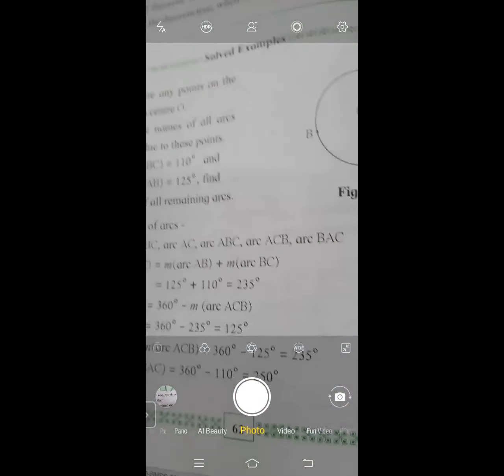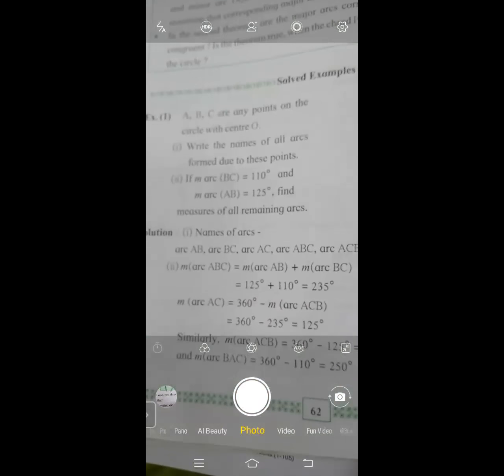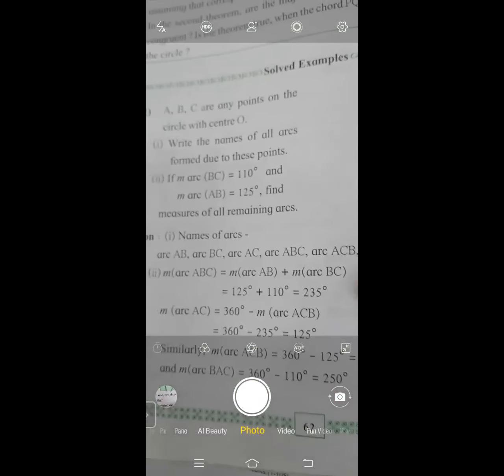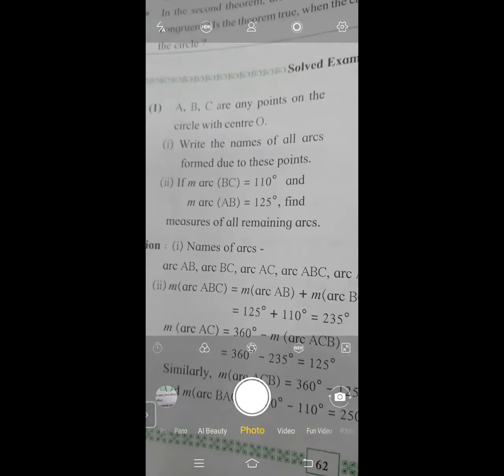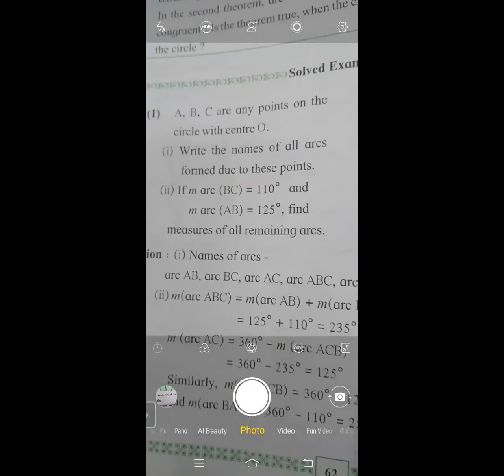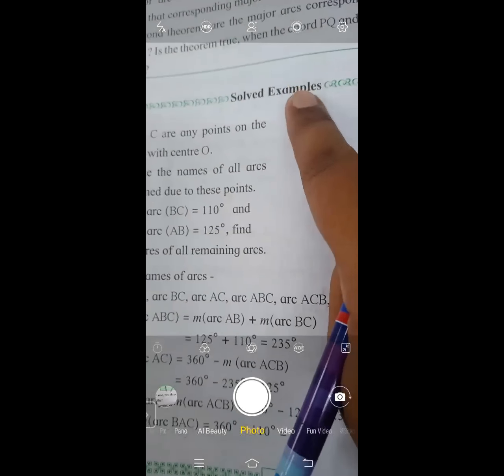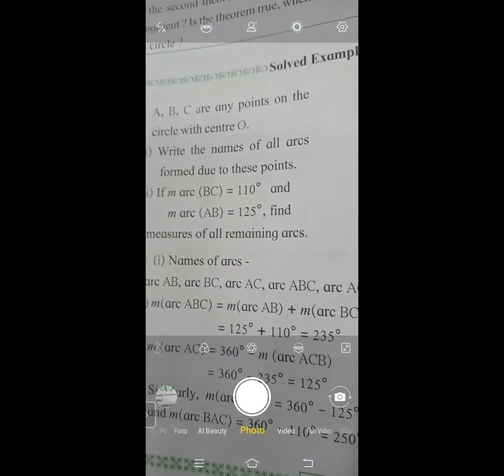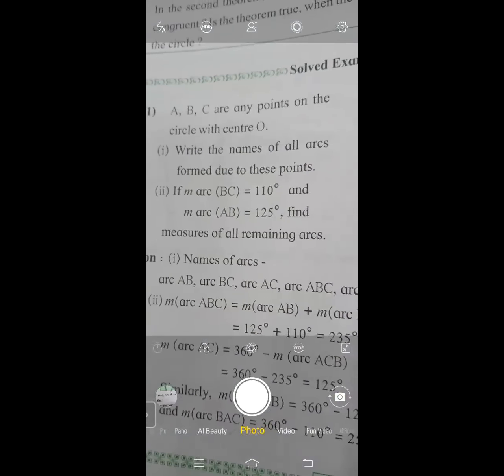We will go towards the solved examples and then we will solve the example just to know the trick of writing. Okay, this is the solved example. Now, how to write an answer? Many students know the answer or they can predict it, but the way of writing is also important. So we will focus on the way of writing of the solved examples. We will learn from solved examples how to write our solutions in the paper.